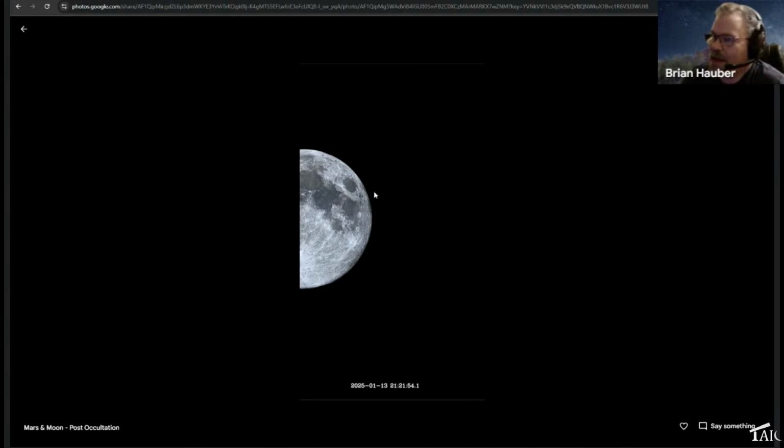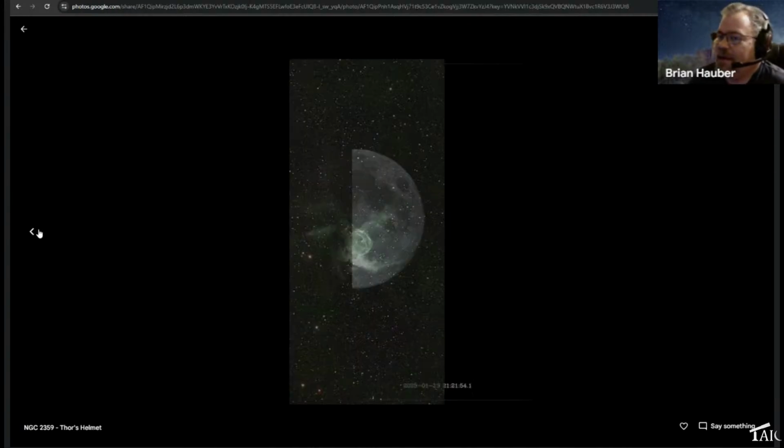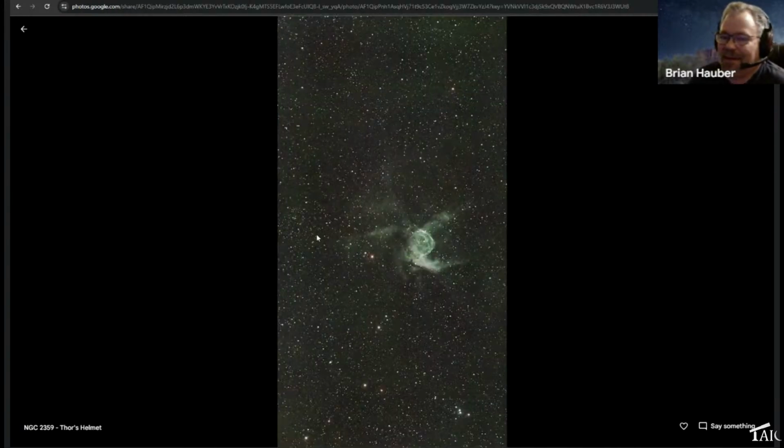This is actually just a screenshot from the ALP live view from the occultation of Pluto. So there's a tiny little speck, if you can see it, right where my pointer is, and that's Pluto just after it emerged from the moon. Is that Pluto or Mars? Or excuse me, Mars. Sorry. Yeah. So I was going to say if Pluto was one, I would like to see that.